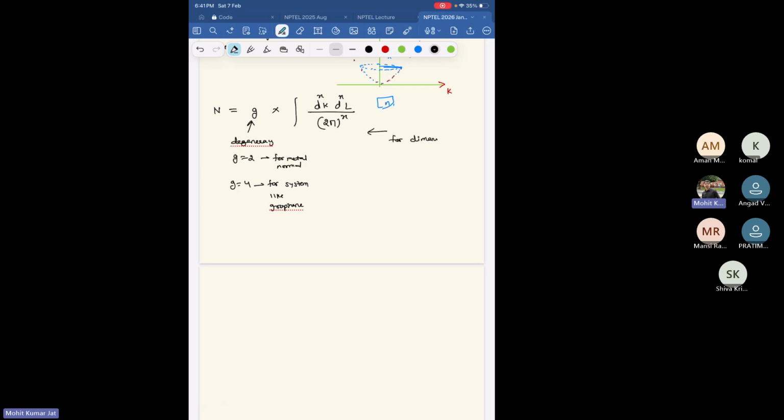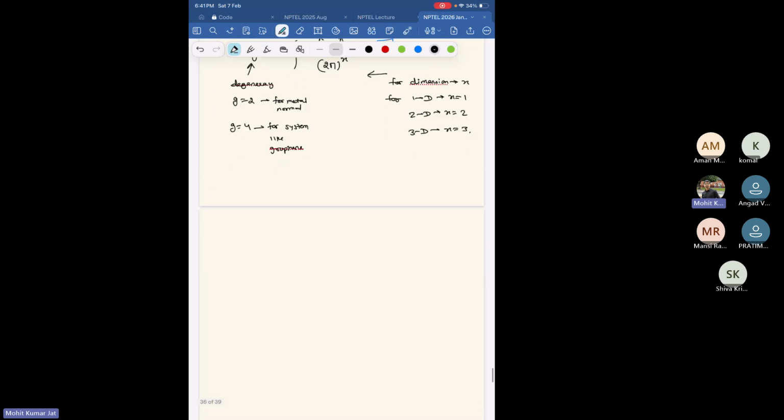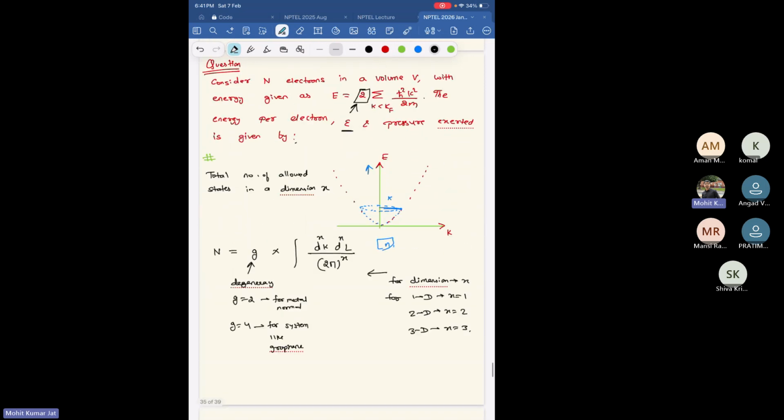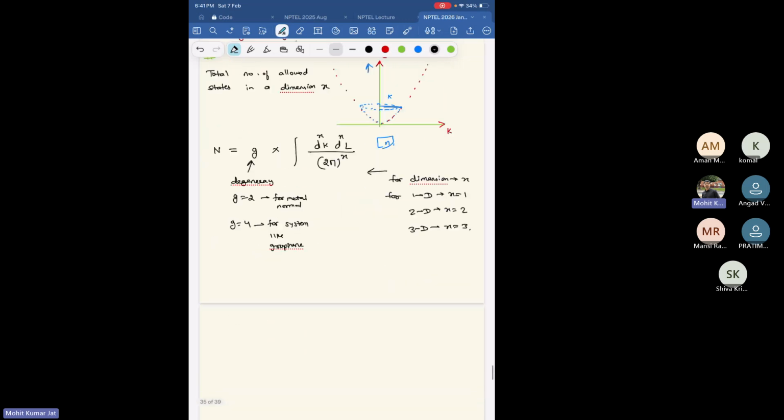For dimension x, if you have a 1D system, then you replace x with 1. For 2D, your x is 2. For 3D, your x is 3. And you can derive the general expression for non-realistic spaces also, which we don't see in real life, like 4 dimensions, 5 dimensions. You can still derive how the expression will be. Since in our case it is 3D,